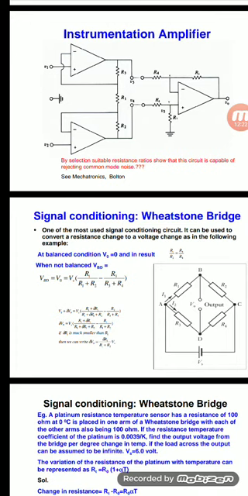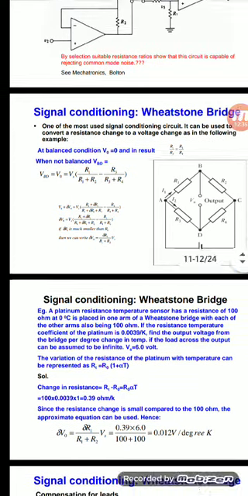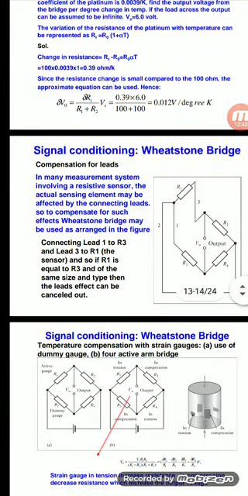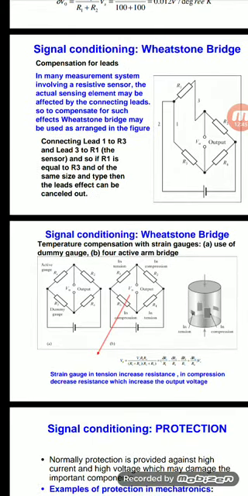That means half wave and full wave. So we have to interface some resistors under certain conditions, so these resistor values we have to give under some conditions. The Wheatstone bridge output depends upon different waves. Okay, see the signal conditioning of the Wheatstone bridge: strain gauge in tension increases the resistance value, in comparison to a decrease in resistance, which increases the output voltage.